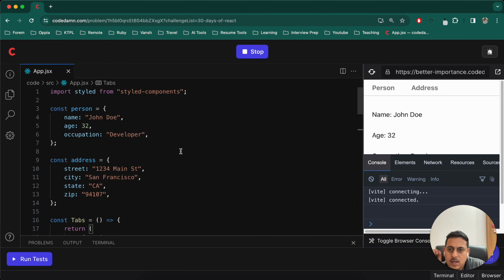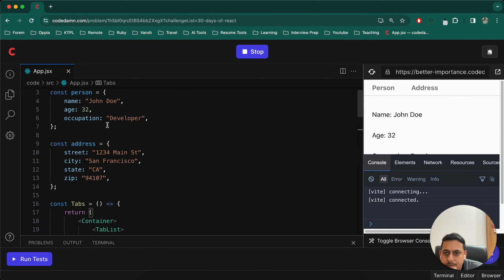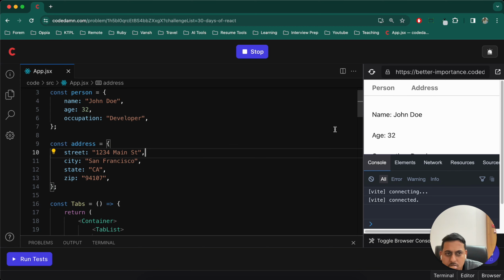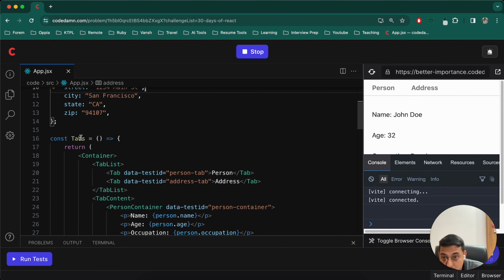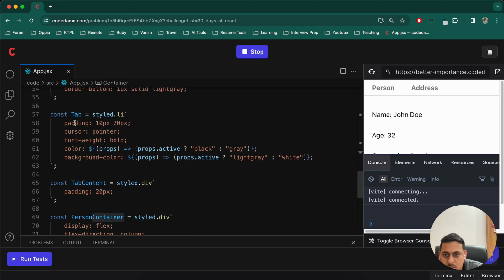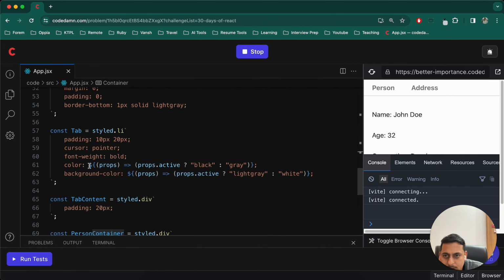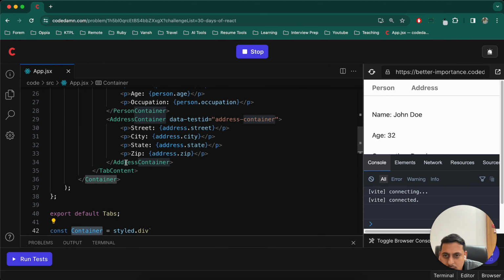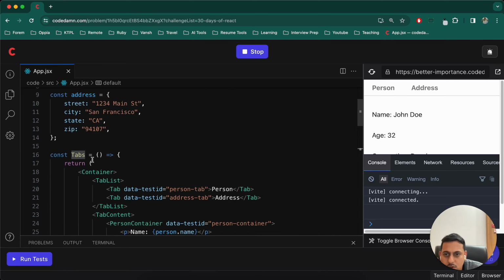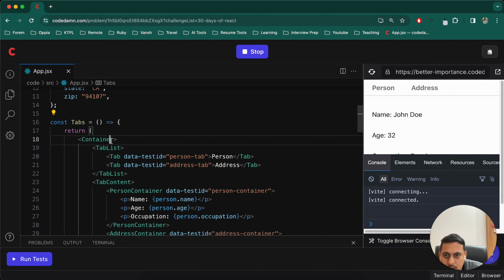And let's see the code first. They have used style components. This is the person which they are showing here, and address on this next page, which we are not able to change right now. They have already written the tabs. We'll check that later. Export tabs container. They have used these styles. So this tabs is the only thing that we have to focus on, and in that we have container tab